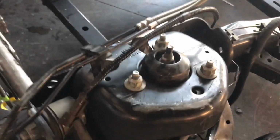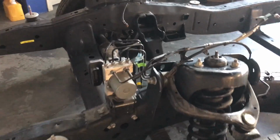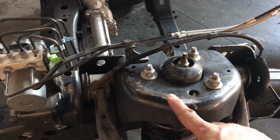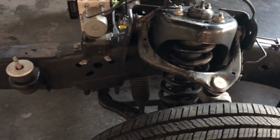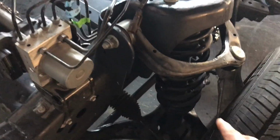Those are 18 millimeters. One second, guys. I have to put this back on. Let me stop this one second. Okay, it's better now. So okay, you remove this upper 18 millimeters. I'm going to spray paint this because that was delivered to me like that. So you remove those 18, the bottom bolts, and then you're going to remove the upper